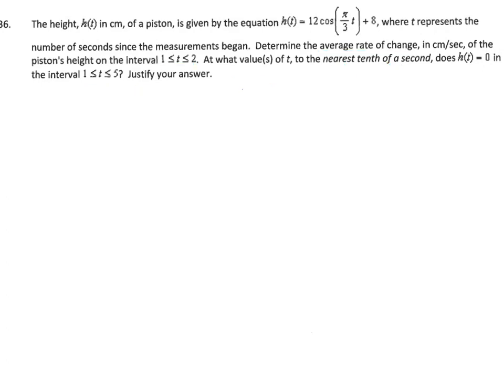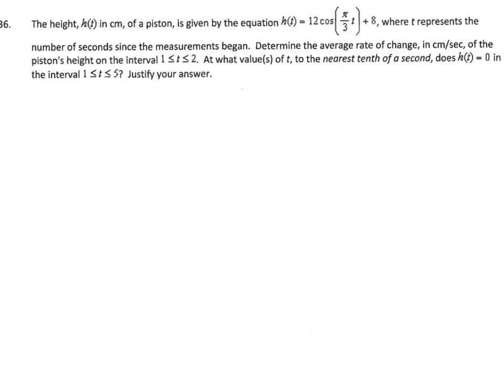All right, so the second part of the question says, at what values of t, to the nearest tenth of a second, does h of t equal 0 in the interval where t is between 1 and 5? And they want you to justify your answer. Now, if you notice, they don't say to do it algebraically. And that's because, based on what we're learning this year in Algebra 2, they're pretty much expecting you to do this graphically. So I think the first thing we have to do is graph h of t